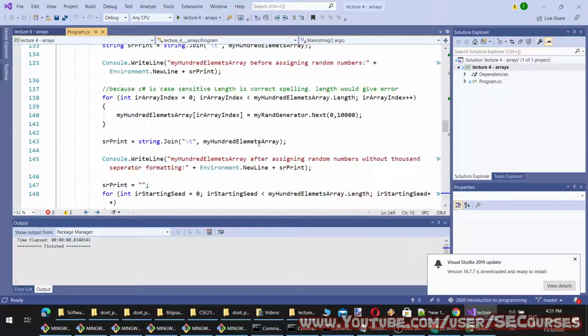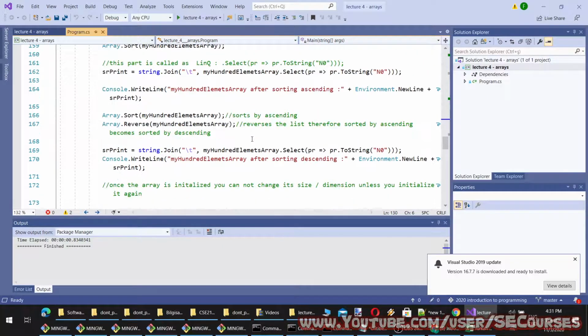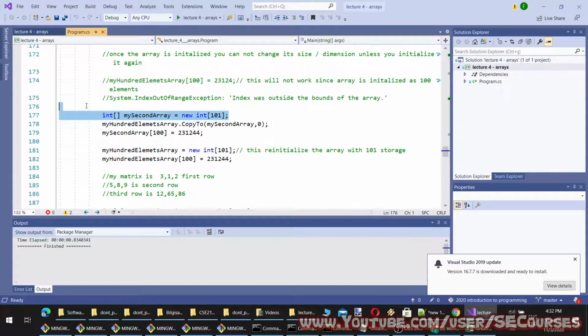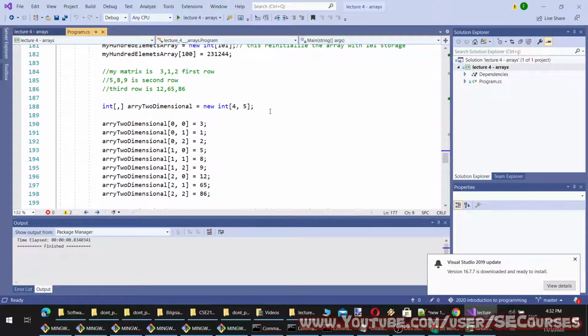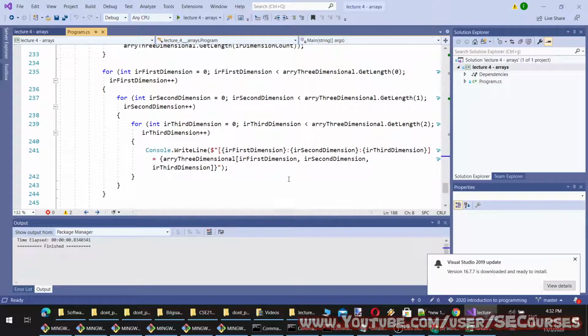So we have seen single dimensional arrays. We have seen how to define multidimensional arrays like this. Okay, so let's start with a new project.